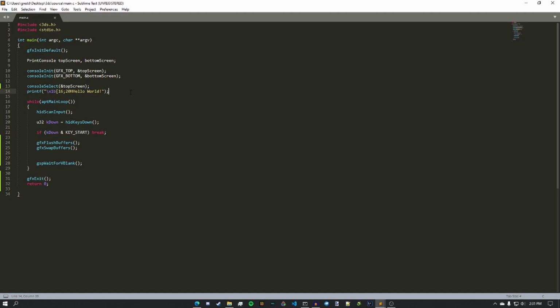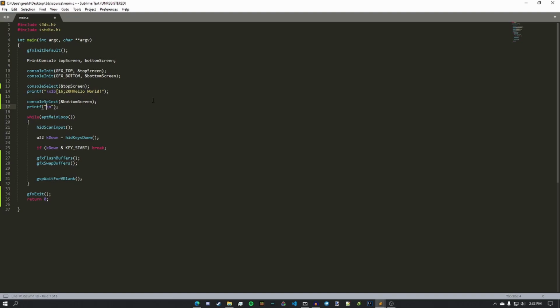So what we are going to do is I am going to make a consoleSelect bottomScreen, printf, \x1b[10;... touch screen coords. And then you go down here under this,